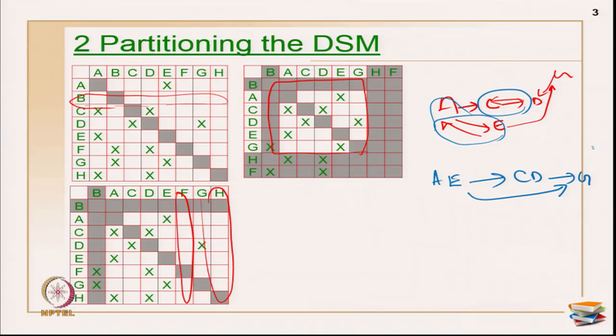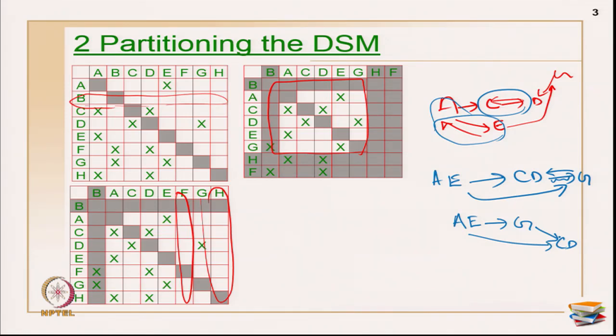Sorry, this arrow mark is actually from G to D only. So, this is primarily the merging of the blocks which we do. AE is one block, CD is another block, and G is an activity giving inputs to CD, and after AE I have my G. So, how do I represent it in the normal sequence? AE to G, then AE to CD, and after G I have CD.